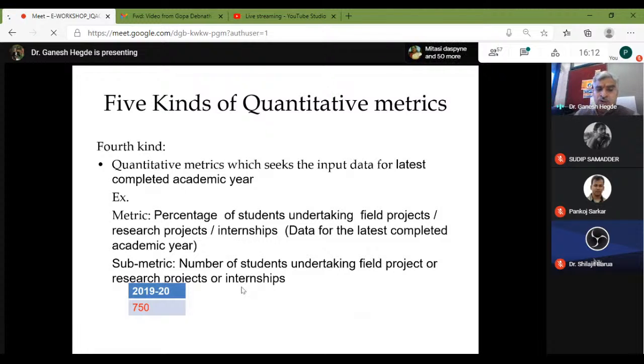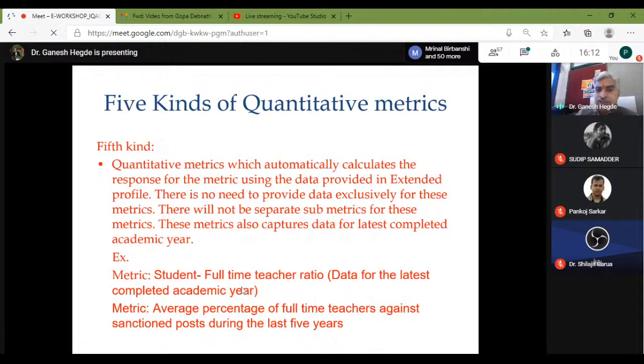So this will be of the last completed academic year you have to give the data. Now, quantitative metrics, which NAAC automatically calculates the response from using the data provided in the extended profile. For example, student to full-time teacher ratio. Now, student is